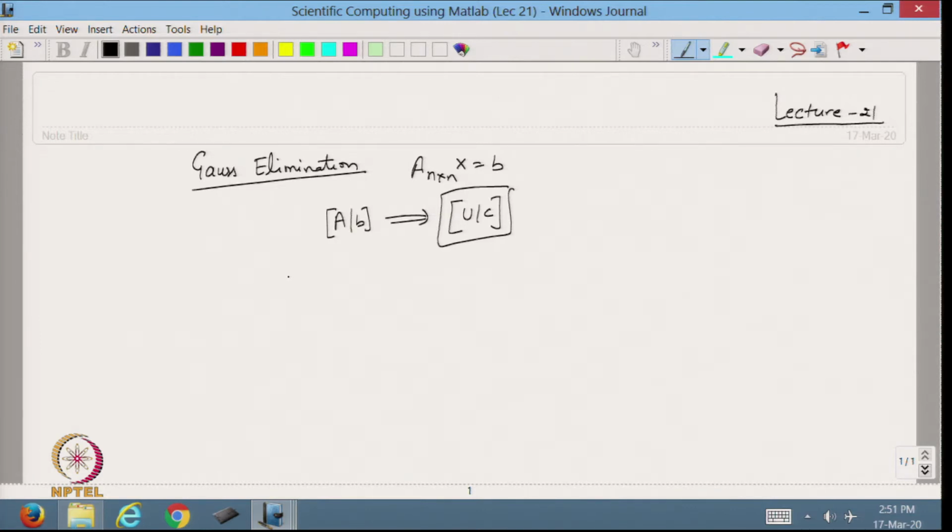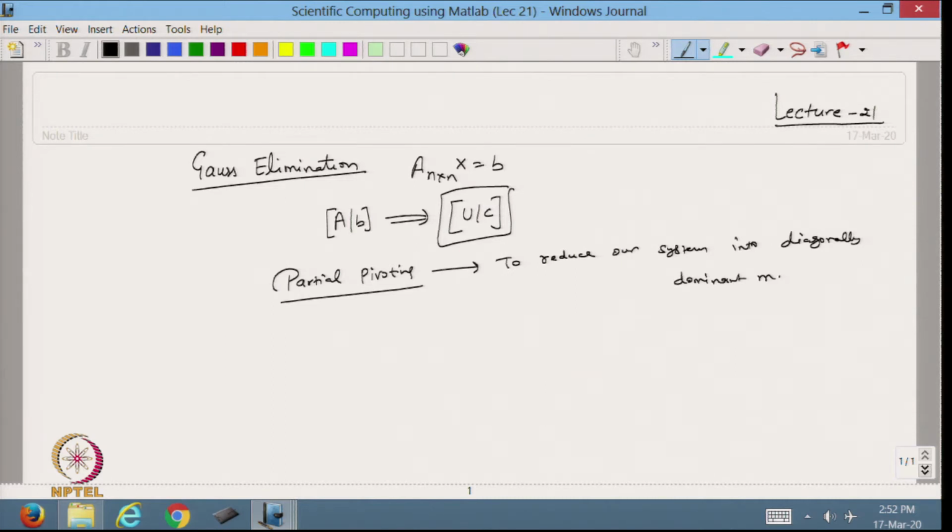After that we discussed partial pivoting. Partial pivoting we use to reduce our system into a diagonally dominant matrix.